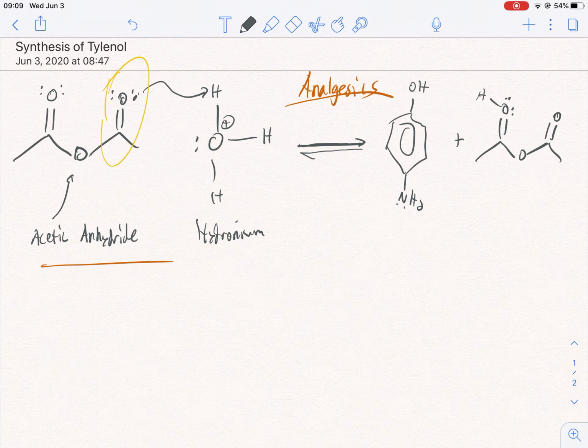When you put these in solution, what happens is these molecules are randomly bumping into each other. What happens when they bump into each other to eventually make Tylenol is that these electrons from this nitrogen will come in and attack this carbonyl group. This then jumps these electrons up to this oxygen, because oxygen can hold that charge, because it likes that. And then we're going to move on to